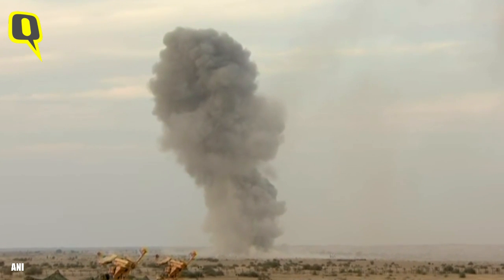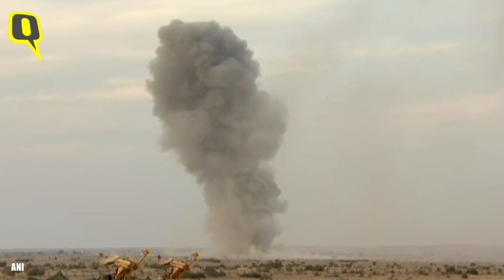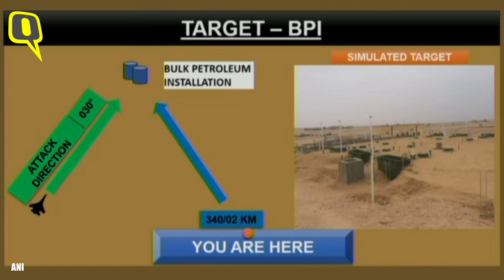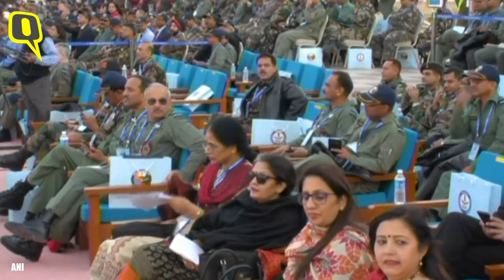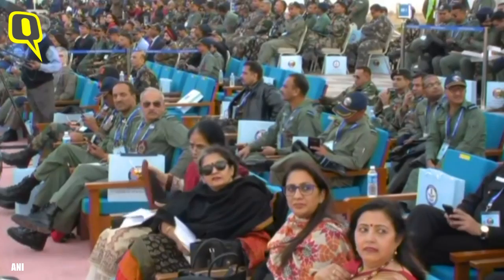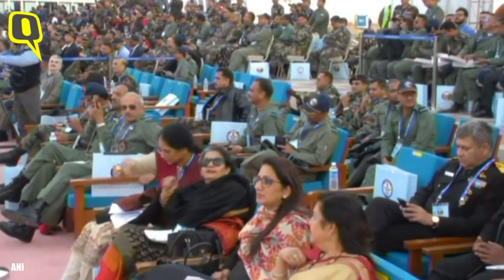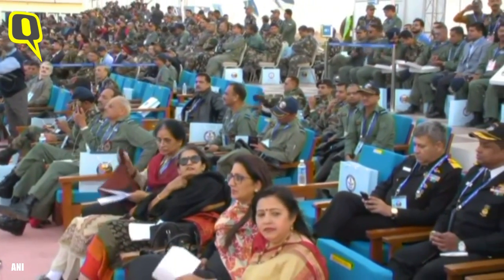To sustain its armor and mechanized columns, the enemy has established a large fuel storage area close to the battlefield. Our intelligence network has successfully located this area, which is depicted today by target number 11, in front of us, slightly displaced to the left. Such storage areas are generally constructed underground and are suitably hardened. To achieve a kill on such a target, the weapon of choice should be a high explosive penetration weapon, and